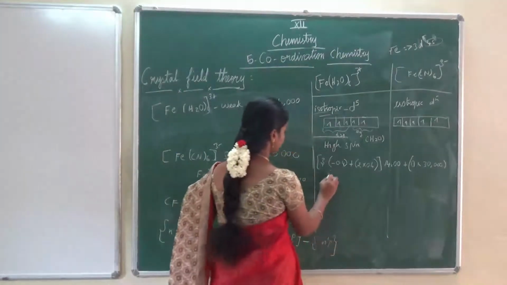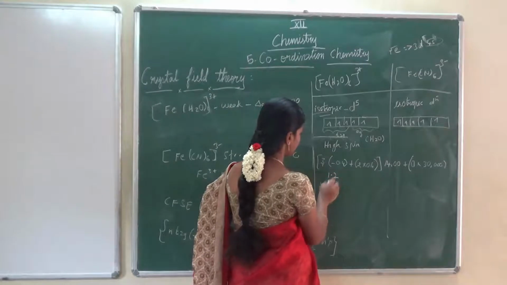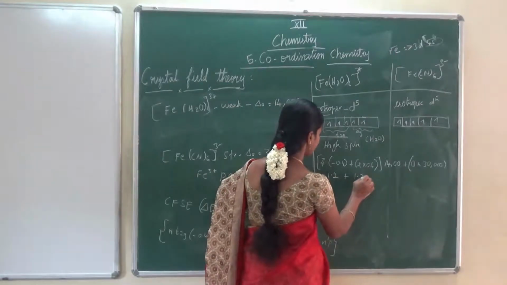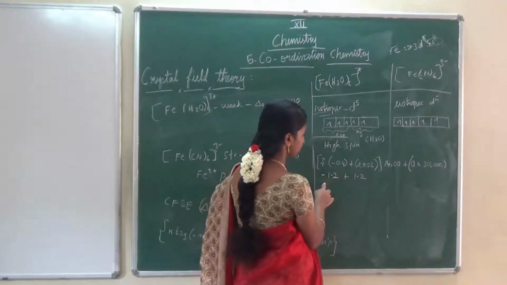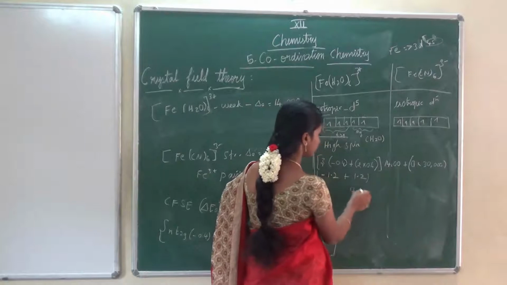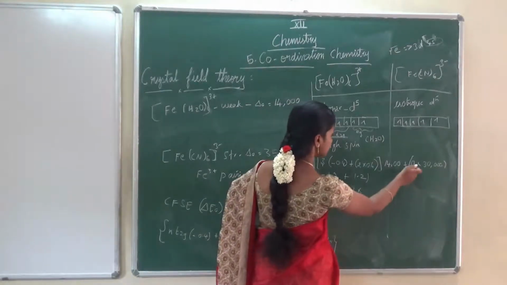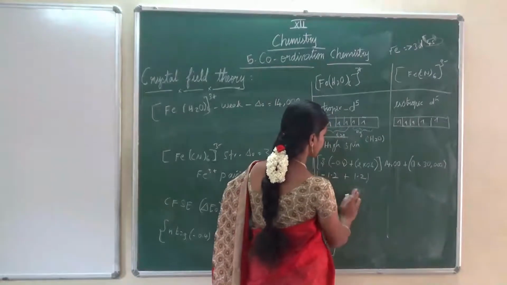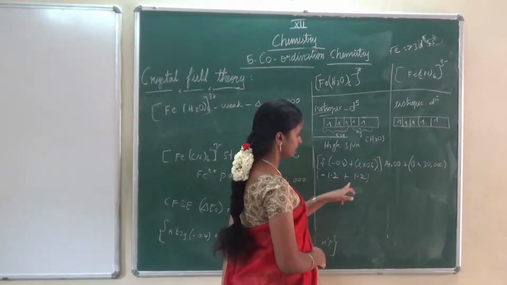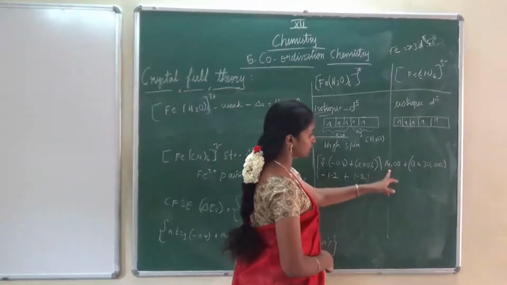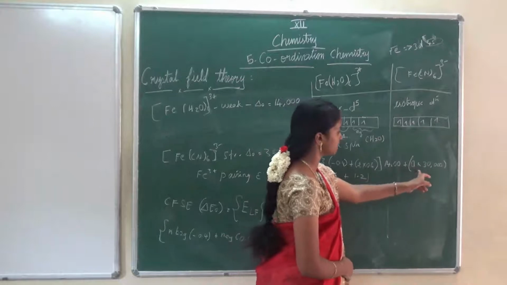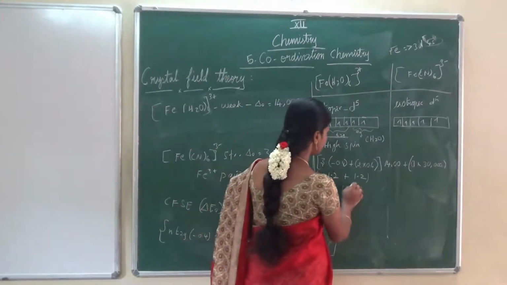3 4s are 12, so that is minus 1.2, plus 6 2s are 12, that is also 1.2. This is plus 1.2 and this is minus 1.2, so the whole part will now become 0. So 0 into 14,000 will become 0. Then plus again 0 into 30,000. So the whole final answer is now 0. Minus 1.2 plus 1.2 becomes 0, and 0 into something becomes 0. Here also we are multiplying by 0 because there is no paired electron. So 0 into 30,000, and the whole answer is now 0.